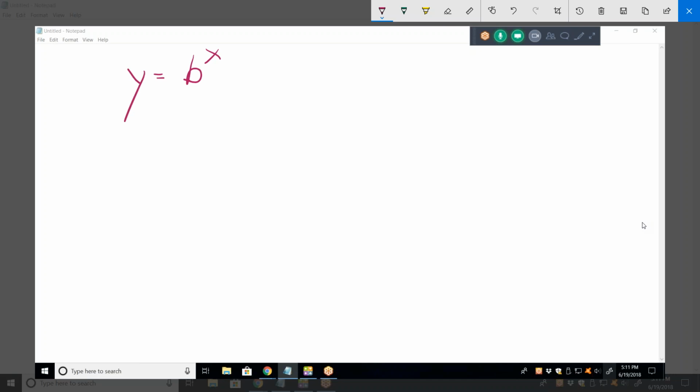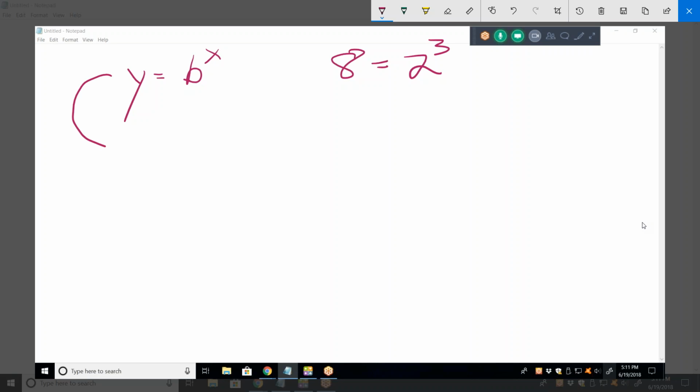For example, 8 equals 2 to the third. This is an exponential expression, not an algebraic expression. It is an exponential expression. Whenever you're talking exponential expressions, you're talking logs, because this equates to,